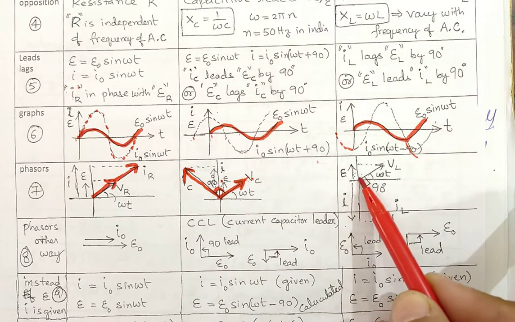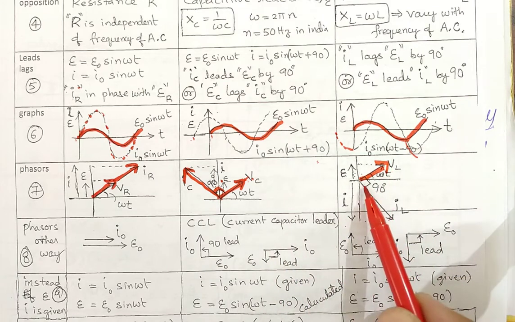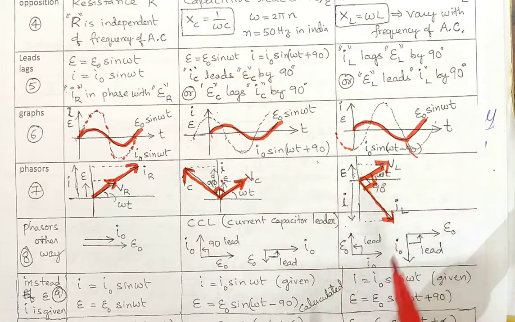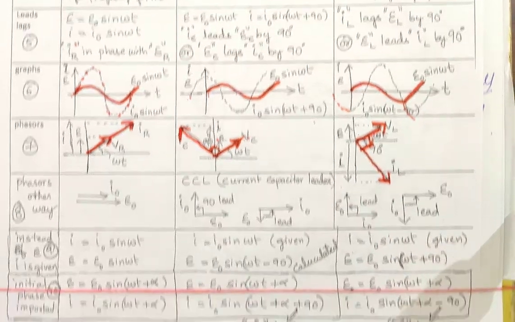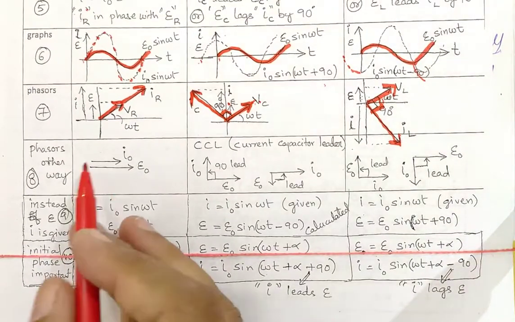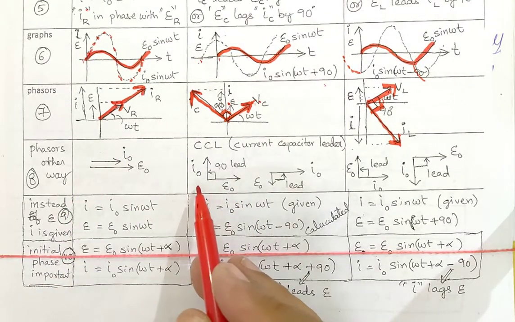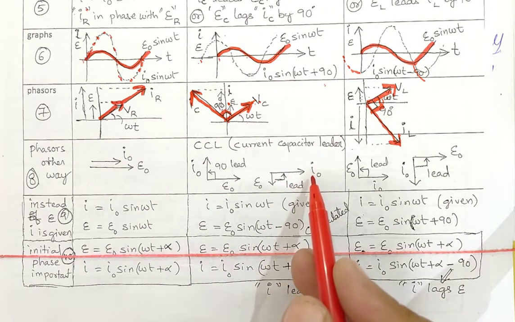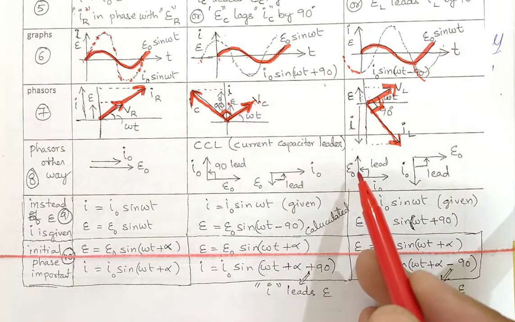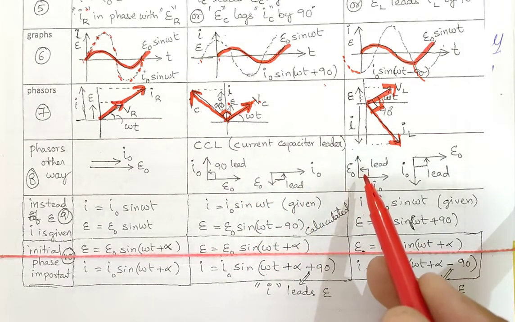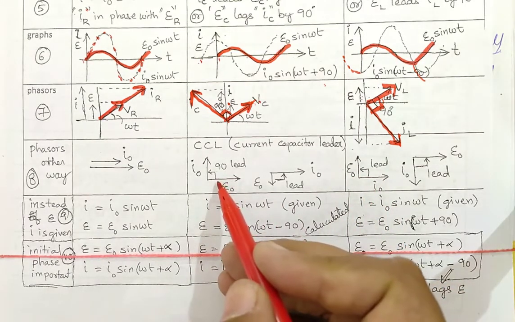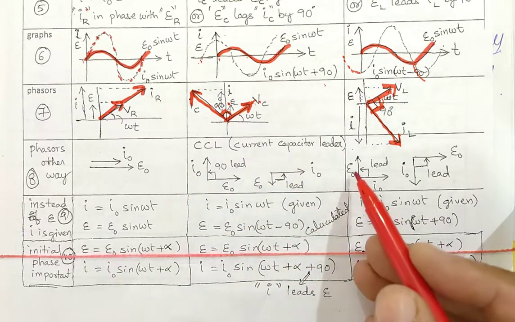Similarly, VL, the EMF in the inductor, and the current in the inductor can be drawn like this, maintaining 90 degrees between them. So we have welded two such things, and when they rotate, they maintain that 90 degree angle between them. In a simpler case, we can just write I naught and E naught parallel to each other. Here E naught we write, and I naught we write before it because it should lead. So whenever EMF comes, anti-clockwise 90 degrees you have to turn for getting I naught. In the case of a capacitor, whenever EMF comes, you have to rotate clockwise 90 degrees. See here, current leads. Here also current leads. Here current lags.